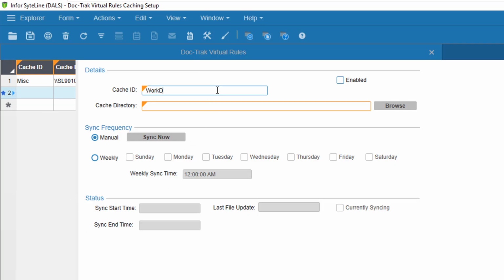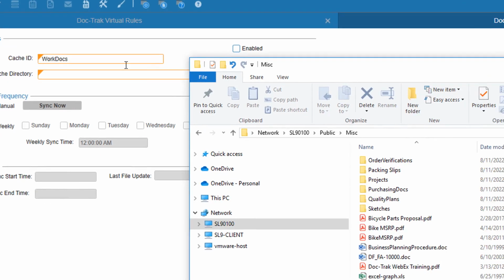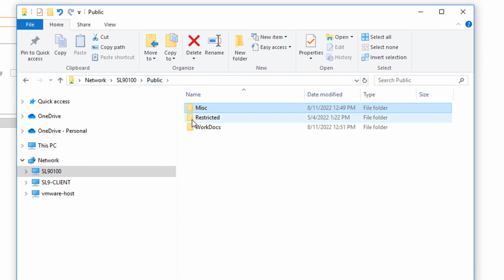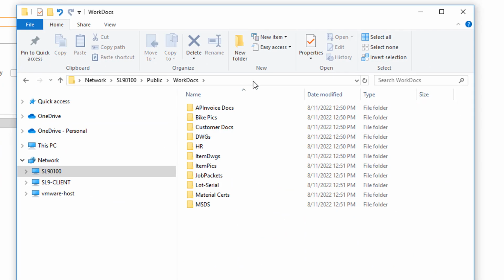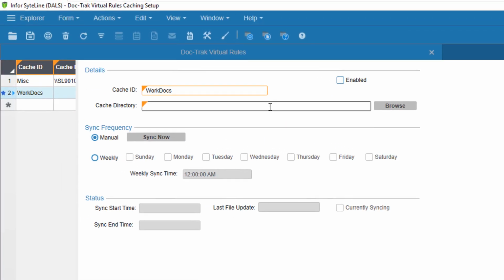I'll enter the cache ID as Work Docs, go to my File Explorer to navigate to that folder, and copy the path, paste the path here, enable it. And this time I'll select Sunday at midnight. Finally, I'll save them both.